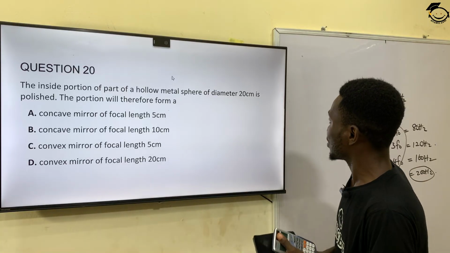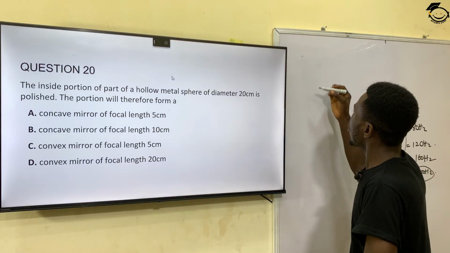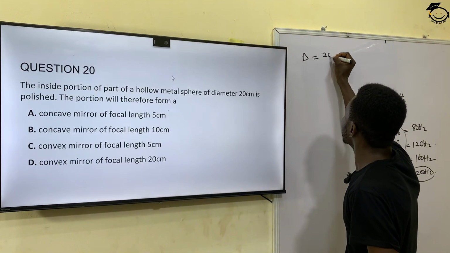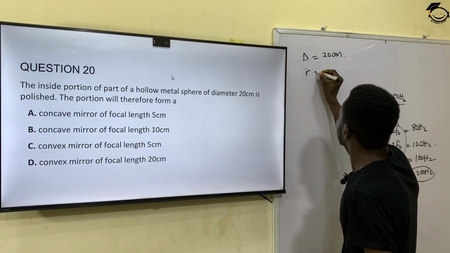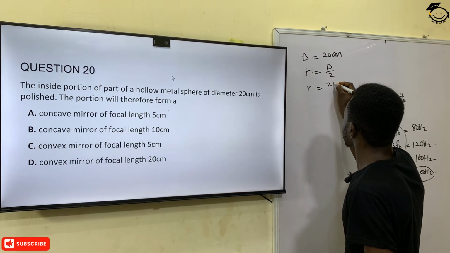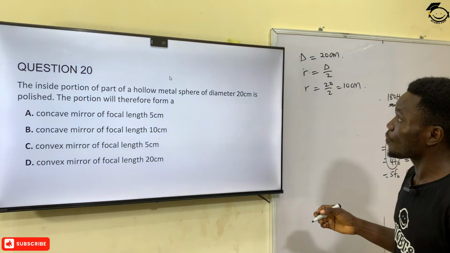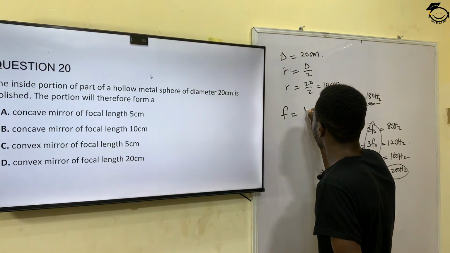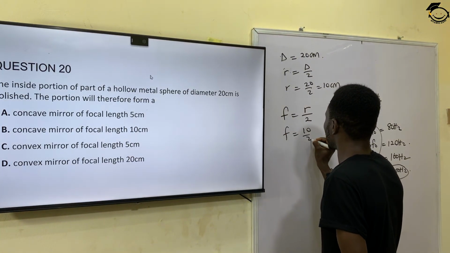But we don't know the focal length of this particular concave mirror. But since they give us the diameter, we can easily calculate the focal length. So how do we do that? We know that the diameter was given as 20 centimeters, and we know that radius is diameter divided by 2, which means that my radius is 20 divided by 2, and that will give me 10 centimeters. But the question is asking to find the focal length instead. And we know that focal length is equal to radius divided by 2, which means that my focal length is 10 divided by 2, which will give me